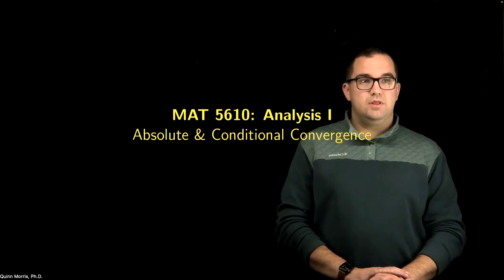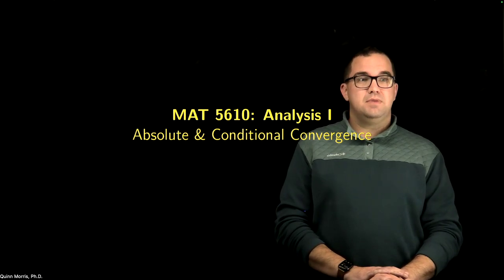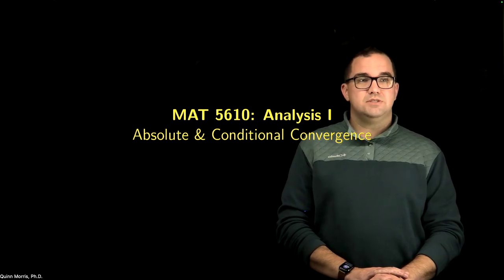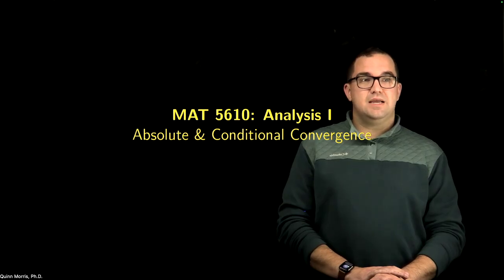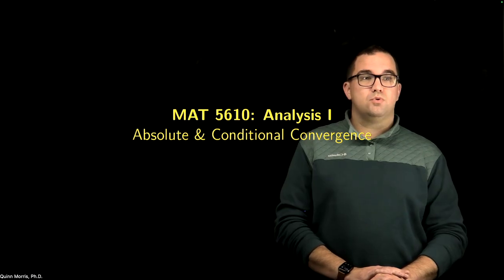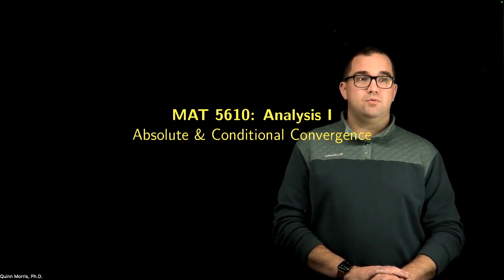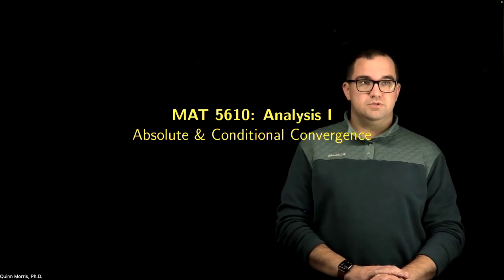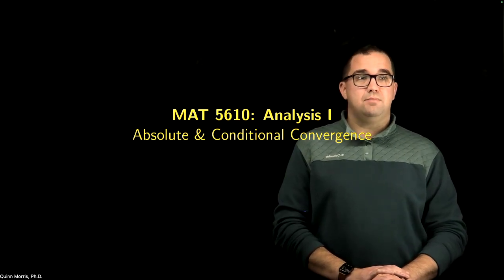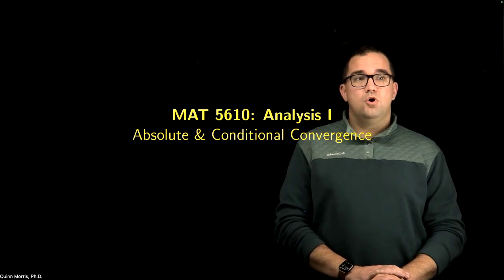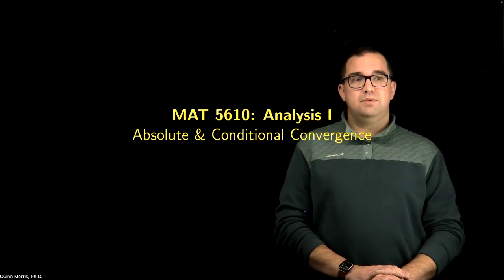In a previous video, we looked at a number of convergence tests, many of which only applied to series with positive terms. We saw that in those cases, the series that contained only positive terms yielded sequences of partial sums which were monotone. And in many cases, we were able to take advantage of that monotonicity in order to prove convergence results. However, when series contain both positive and negative terms, we can't always conclude monotonicity, and therefore we may need to be more careful